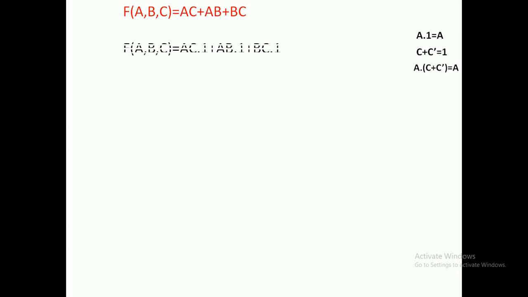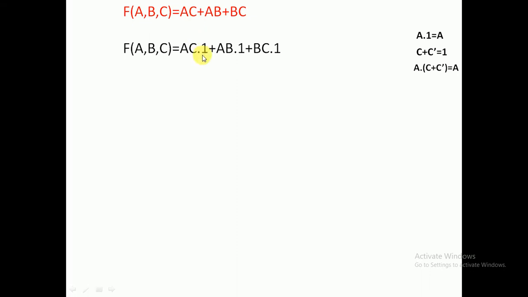Let us go to the next example, ac plus ab plus bc. Here also we are missing 1 variable from each term. So let us take the same formulas and apply the same procedure. Where the corresponding signal is missing, there you have to put the 1. According to the Boolean algebra rule, a dot 1 is equal to a, because it will not affect your input formula. ac dot 1 again becomes ac only, so it will not affect.